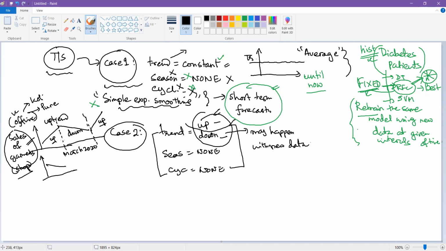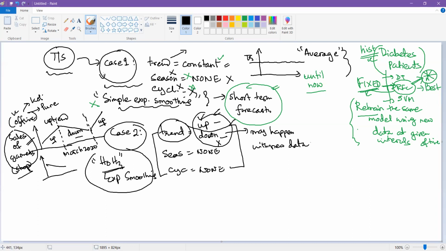But in any case, irrespective of the type of trend, there is a trend. So if I'm sure there is going to be a trend, irrespective of whether it is an uptrend or a downtrend, I can use a method which is known as Holt's exponential smoothing. This method was developed by a person called Holt. So that's the reason why it has been given the name Holt's exponential smoothing.